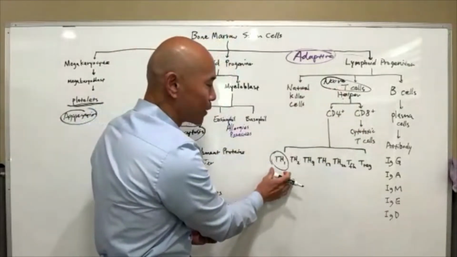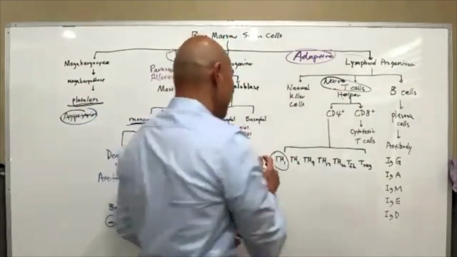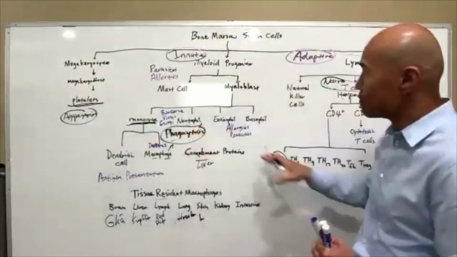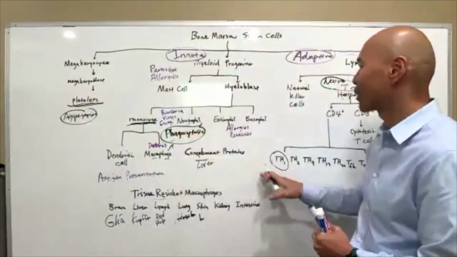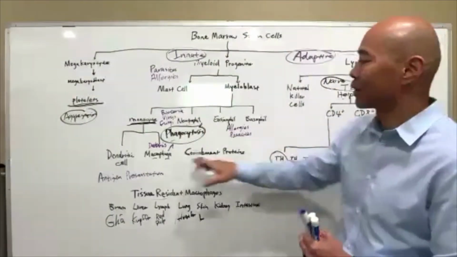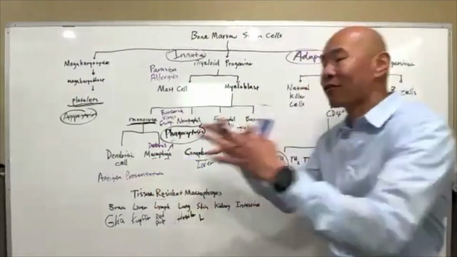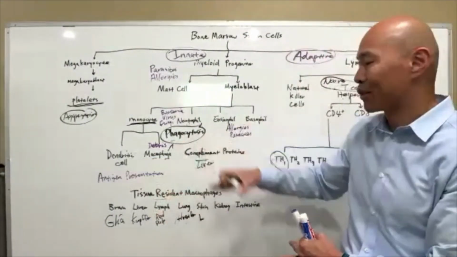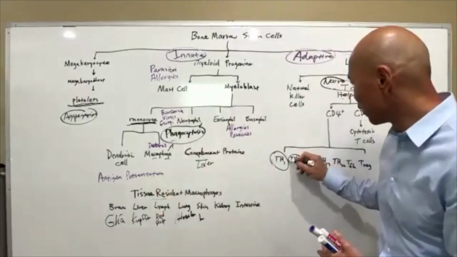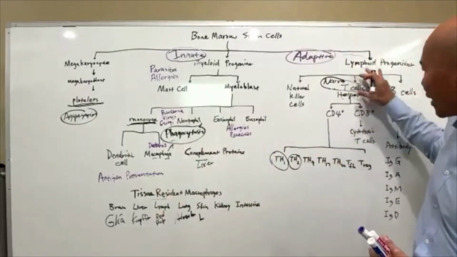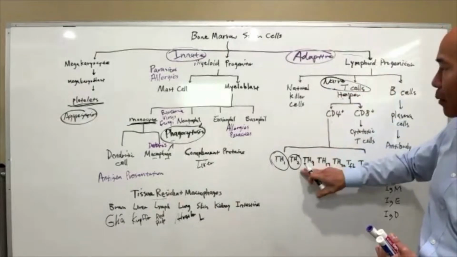The T helper 1 cells are the ones that are going to talk to the innate immune system. It's going to talk to the macrophages. It's going to talk to the neutrophils. It's going to talk to the dendritic cells to go after the pathogen, to do phagocytosis and eat up the bad guy. Okay? Now the T helper 2 immune response, once these naive T cells turn into T helper 2,